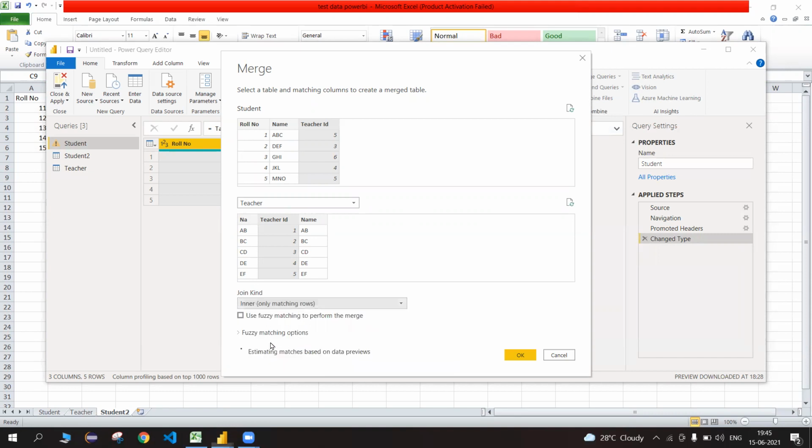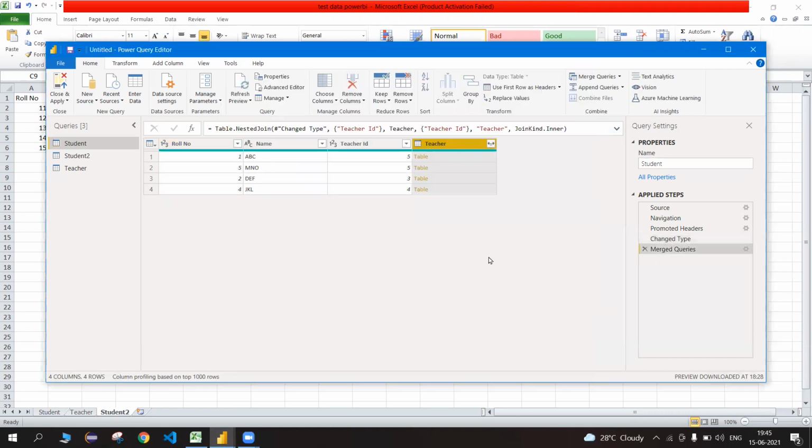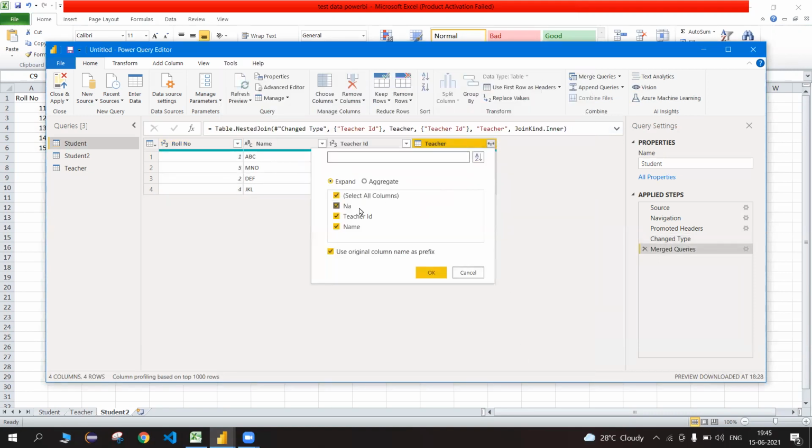I will click on inner, and as it specifies that only the matching rows would be displayed, unlike the outer join where the rows that weren't matching were being pulled as well with the corresponding values being defined as null. So in inner only matching rows would be pulled, and no null values would be reflected over here.